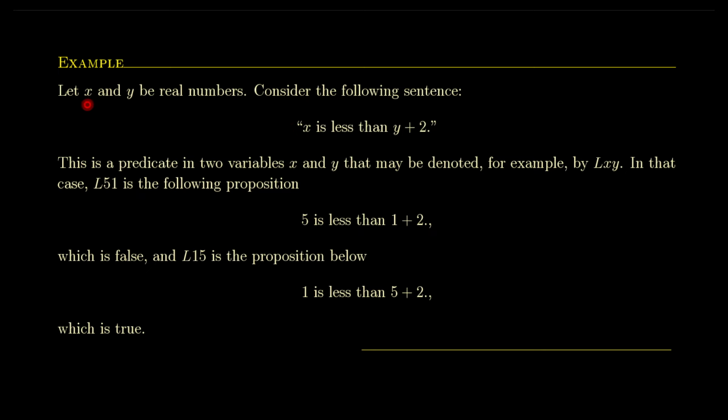Okay, so now let x and y be real numbers. Consider the following sentence: x is less than y plus 2. So you see, it's a declarative sentence again, including two variables, x and y plus 2. So this is a predicate in two variables, x and y. Okay, for example, let me denote this by L(x,y). Yes, you can write it as L